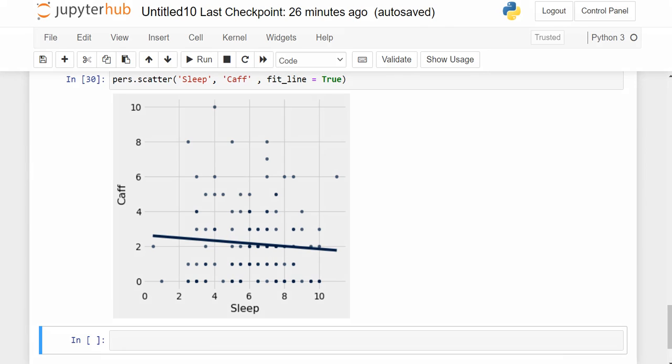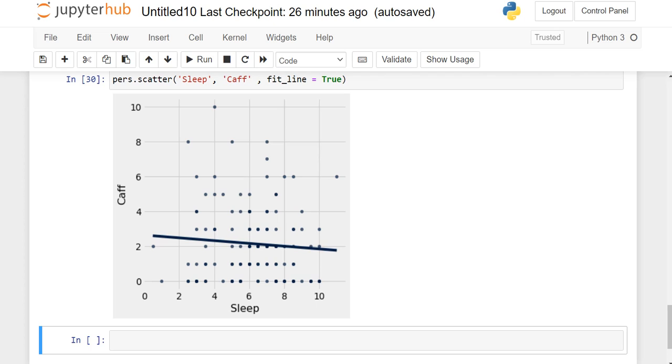So let me just go over that, right? So a positive correlation is that they both go up at the same time. You know, as sleep goes up, so does caffeine. That's a positive correlation, right? And then in the opposite direction, if the fit line has negative slope, it means what? It means that as the sleep is going up, the caffeine is going down. So if they go in opposite directions, your line of best fit will be negative. So we do have a slightly negative slope, barely,